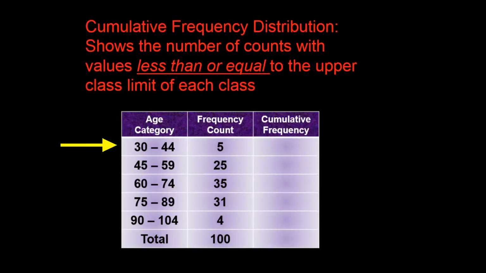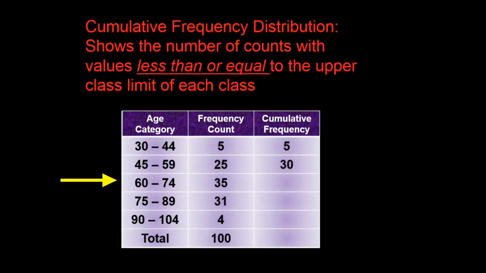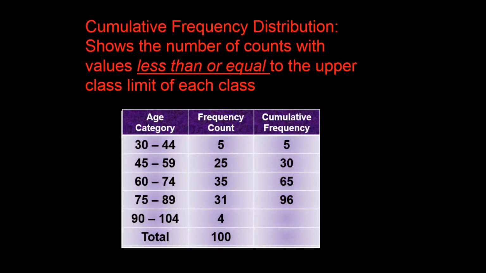We had a frequency count of 5 in the first category, so the cumulative frequency would be 5. Then we have 25 in the second age category. So 25 plus the 5 from the category before it would be 30. Then the next age category, 60 to 74, has 35 people. So that 35 plus the 25 and the 5 before it would make 35 plus 30, or 65. The next category has 31 people. Add that to the 65 and we get 96. And then the last category has 4 people, so add that to 96 and we get 100,